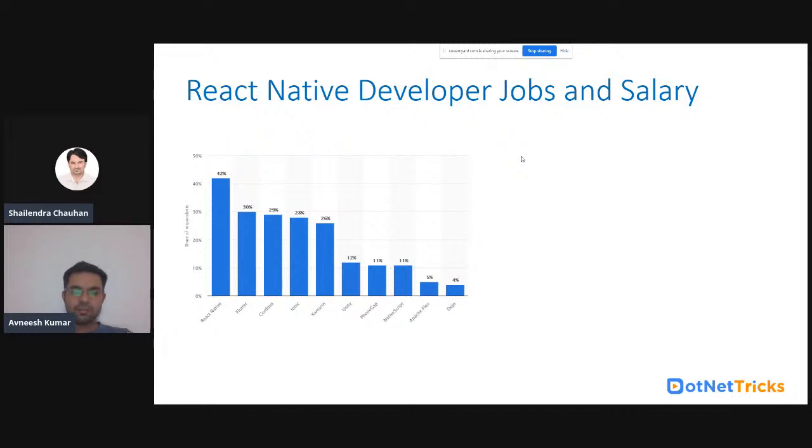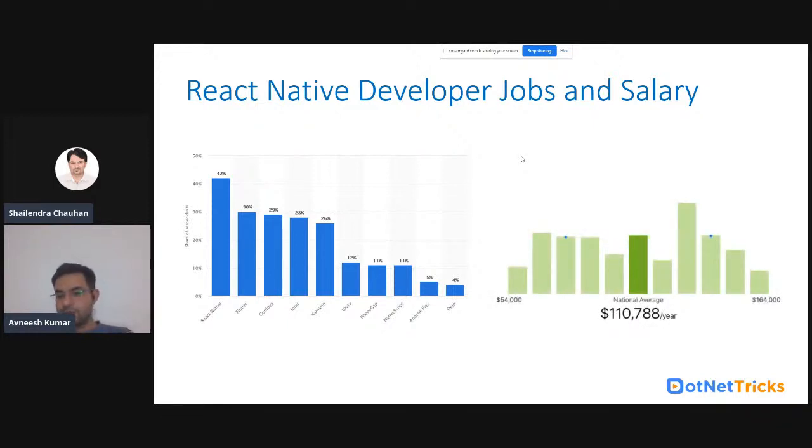So what I'm trying to say is React Native has the highest market share in terms of jobs, in terms of salary, in terms of everything, right? So I am very happy if you learn React Native very soon. Your jobs and salaries are going to be higher and higher day by day.